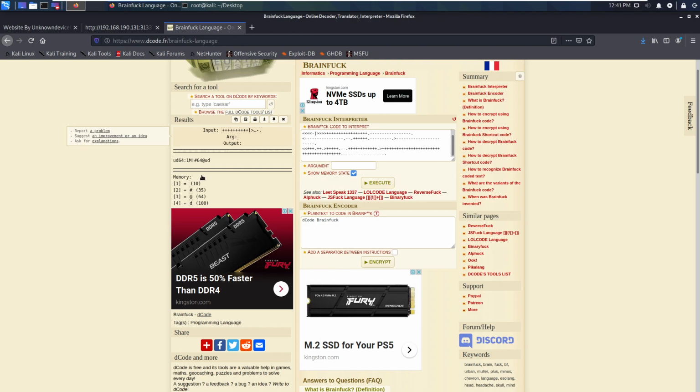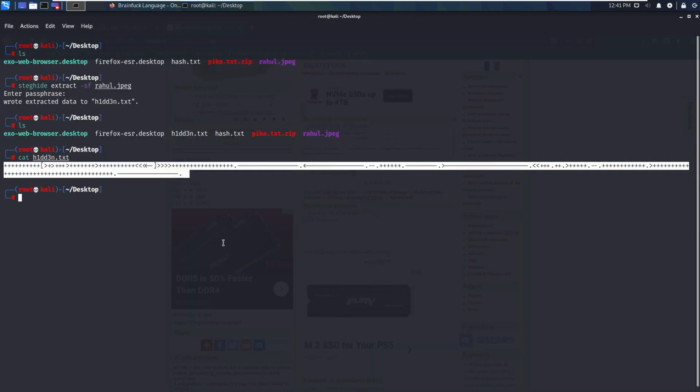Now on the left hand side you can see there are certain strings, one is U64 and the second has an exclamation sign and so on. Now this can be a username and this can be the password. Now I need to copy and paste this and save it, or maybe I can keep this website open and later see what's going on there. Now if I go back to my scanning,